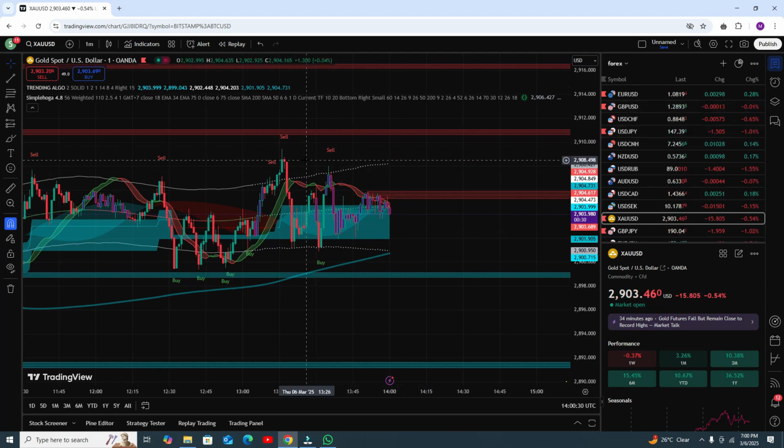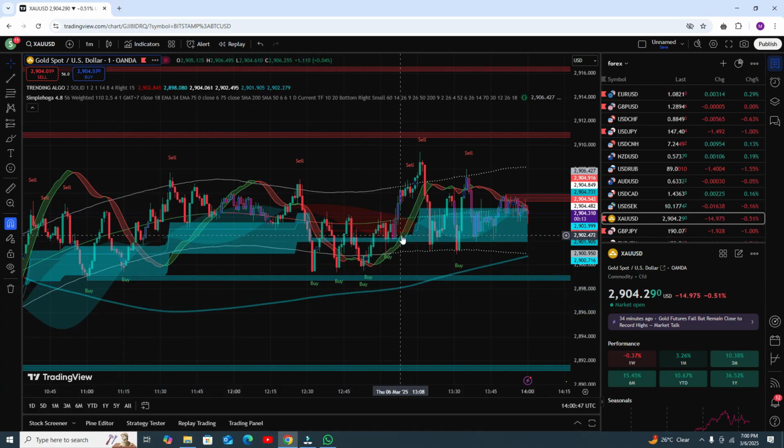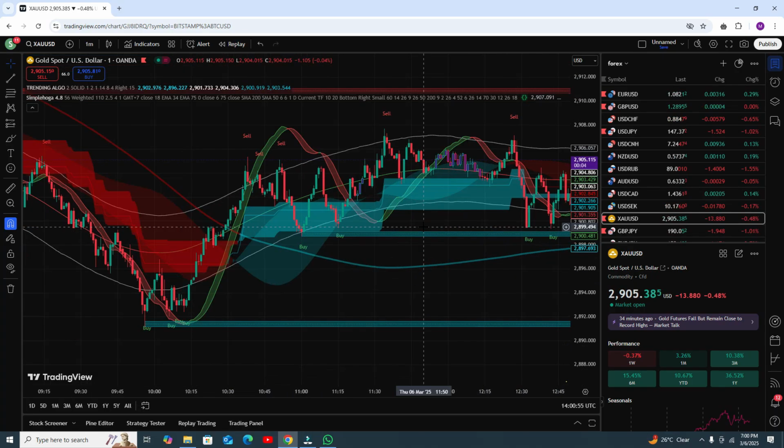Now we need to understand the weak signal as well. For a weak signal, there is a support and there is a resistance. When the market comes to the support line and the market is trending on the buy side, then you need to follow the buy signal and it will definitely give you profit. Like here,